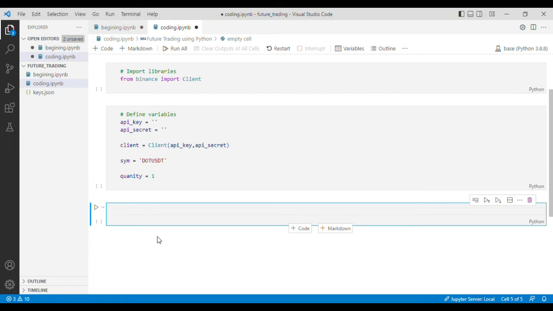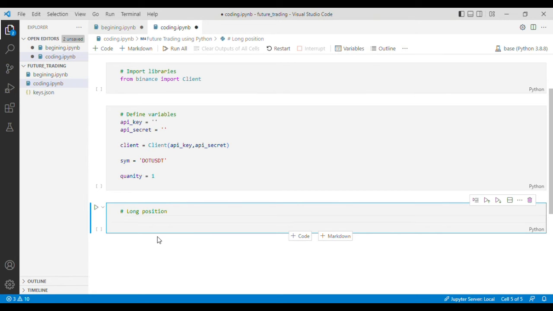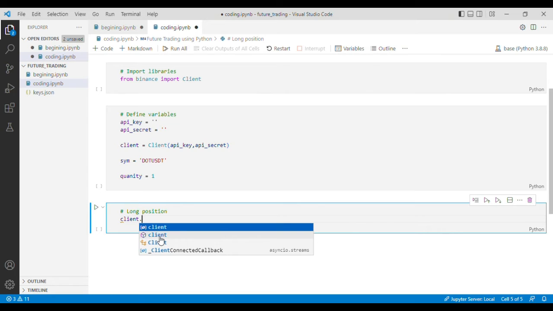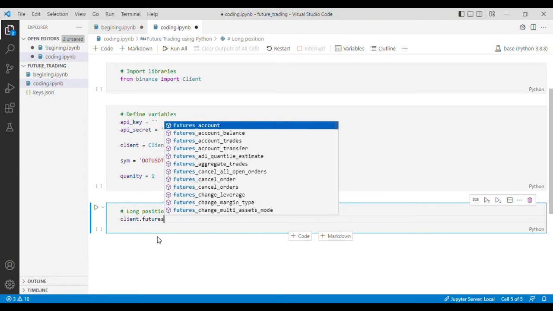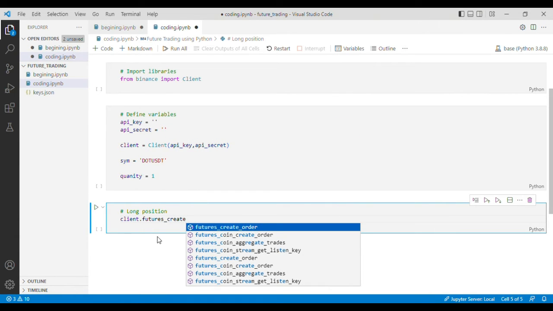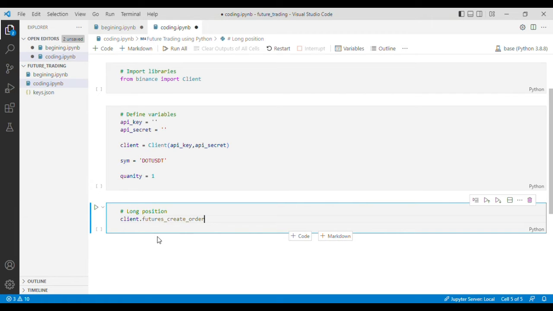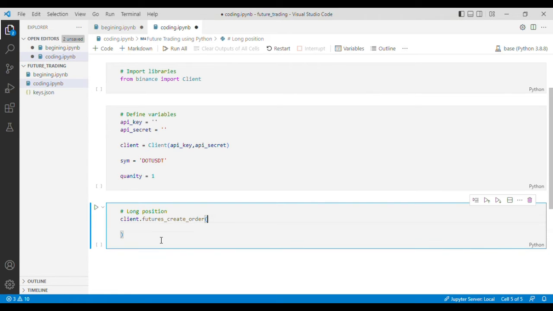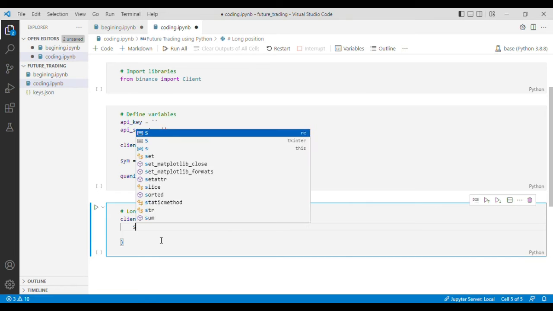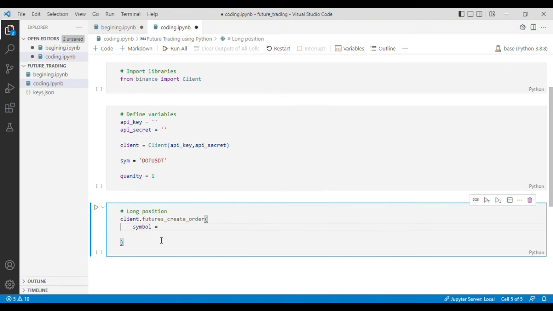Now the next step is to write code to open a long position. For that purpose, we'll write client.futures_create_order, and we'll use this. Now in here we have to define the variables. First of all, we need to define the symbol,